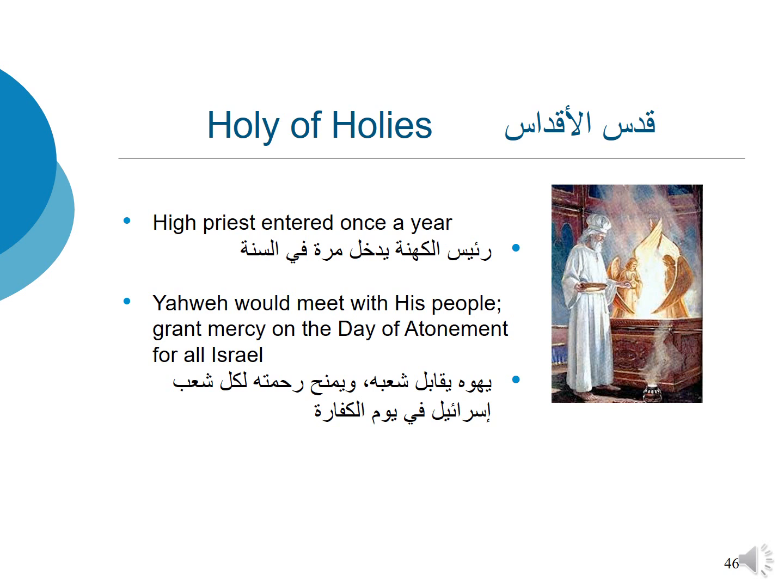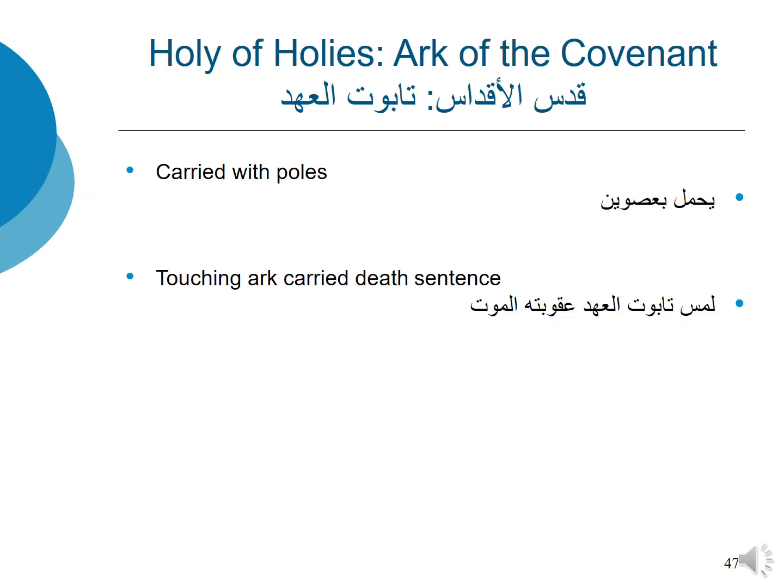الغفران والكفارة عن كل خطاياهم. In the Holy of Holies, the most significant aspect of this that represented the history of Israel was the Ark of the Covenant. جوه قدس الأقداس بنشوف شيء مهم جدا وكمان بيمثل تاريخ شعب إسرائيل هو تابوت العهد. The ark, like the table of showbread, was made to be carried with poles. كمان تابوت العهد زي مذبح البخور كان المفروض يحمل بالعصاوين